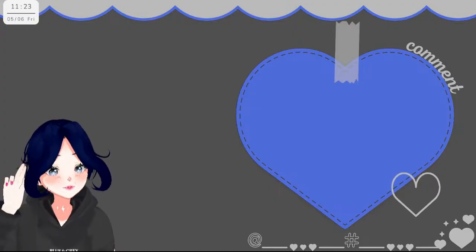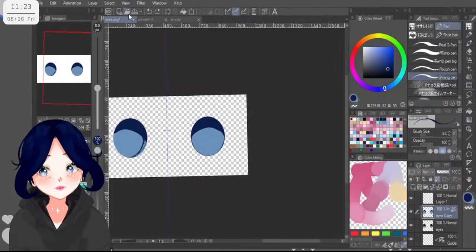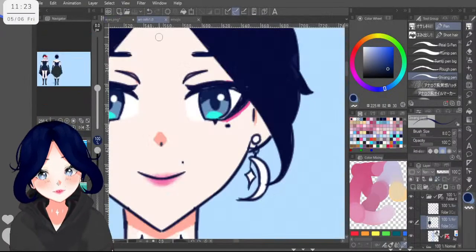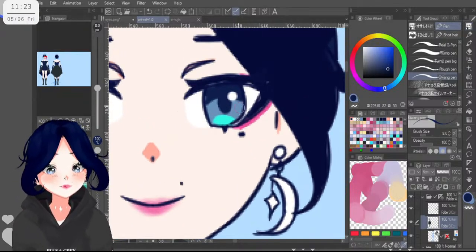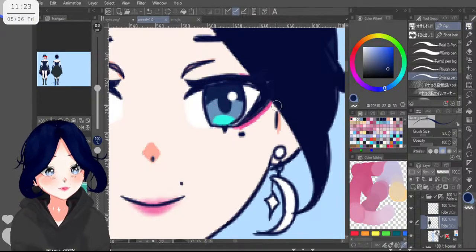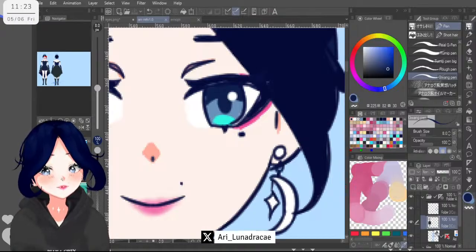So once it opens, I will try to edit this directly over Vroid, at least the basic shape, and then export it to OBS. So I forget again.